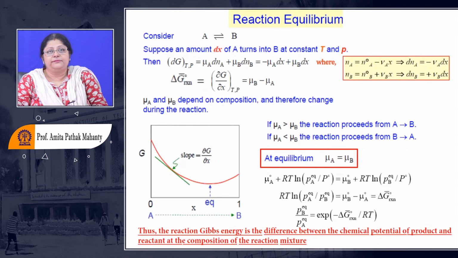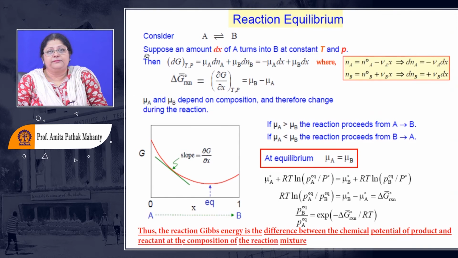Now, if I have to derive that, the main thing we need to know is what the reaction Gibbs energy is, what the reaction equilibrium is, and what the standard reaction equilibrium is. That is all we need to understand from this. Everything else we are going to do is known to you.